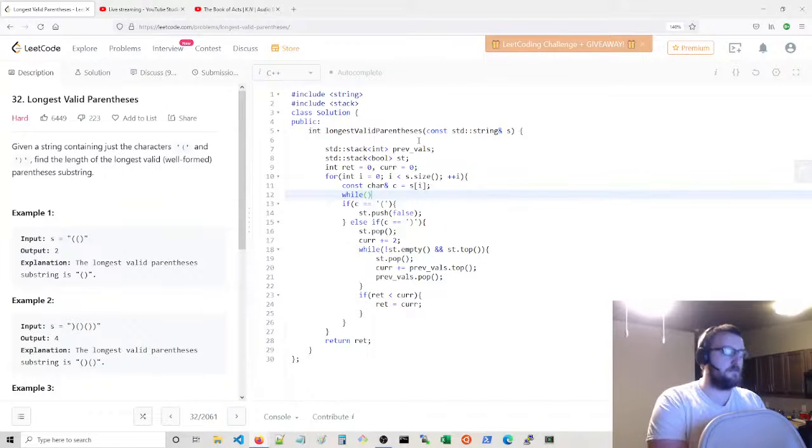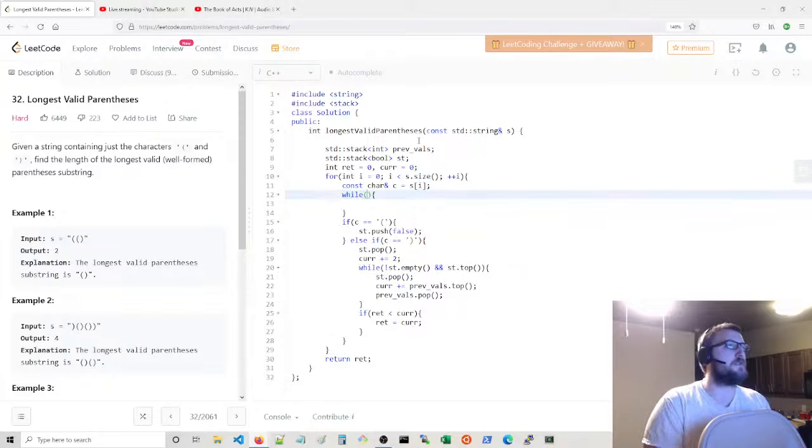So one while loop for while C equals this character. Then you're going to say